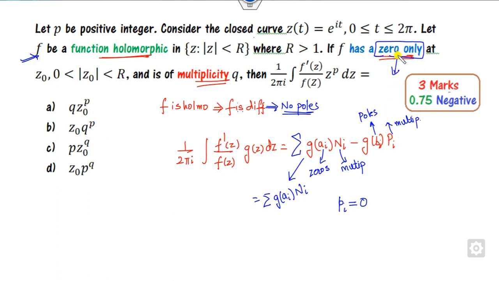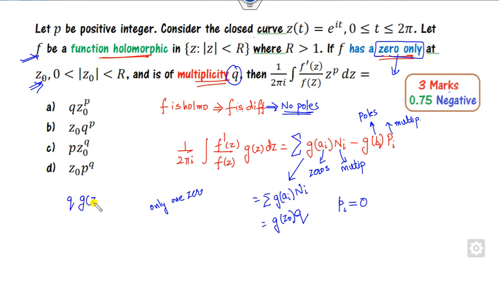F has only 0 at z is equal to 0. It means it has only 1 zero, so the summation part will be ruled out. Zeros at the point z of this. What is the multiplicity of this zero? It is q here. So the right answer of this will be q times